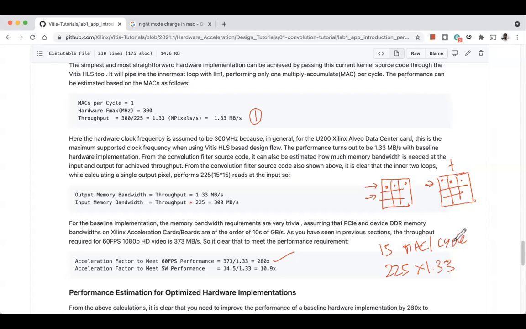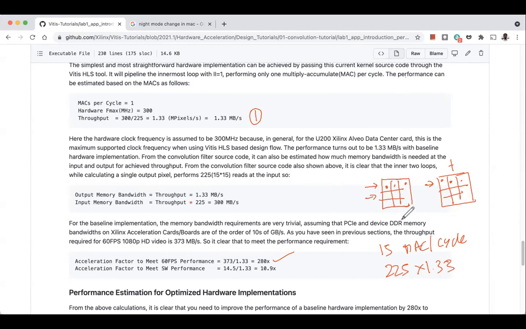So 225, and you cross the required Mbps. Just by innermost loop unrolling, you are able to get this kind of speed up.